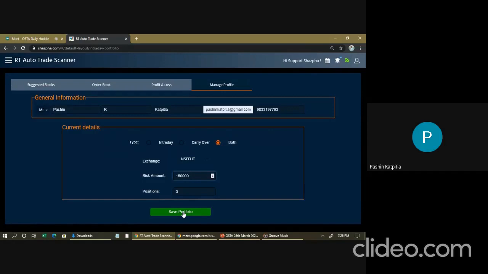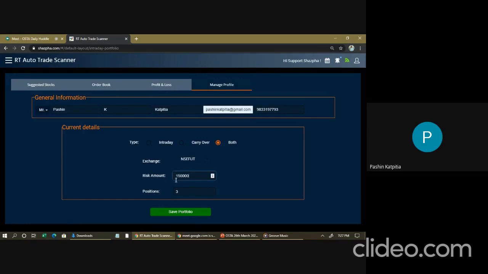Prasoon has a question. Does it mean that the scanner would scan for stocks based on the risk amount? Prasoon, answering your question, what the scanner is doing, every minute it is looking for stocks and every minute it is looking for trade setups. Now, it knows that for, let's say, Bata, as per the entry and exit price, the current risk value is 50,000 rupees.